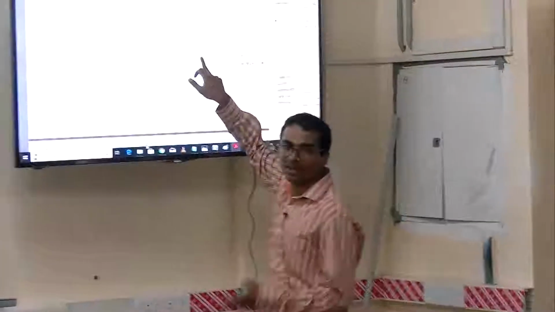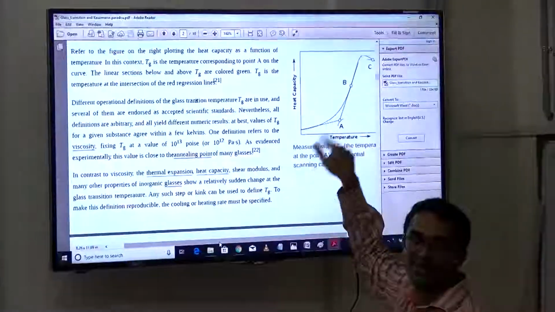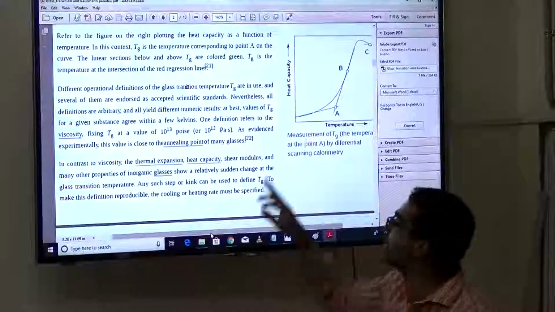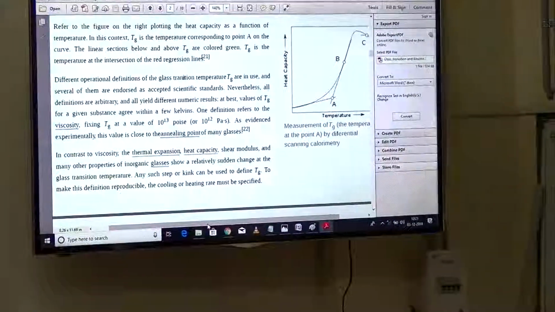Either way it will be the same trend, no? Because after all you are just normalizing it, it does not matter. But here it is Cp, and in practice if you multiply this particular thing by some constant, the trend still remains. It won't change this integral. It is just a scaling factor.